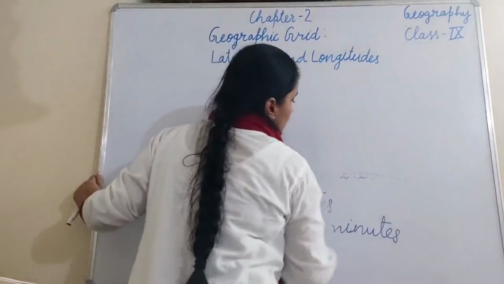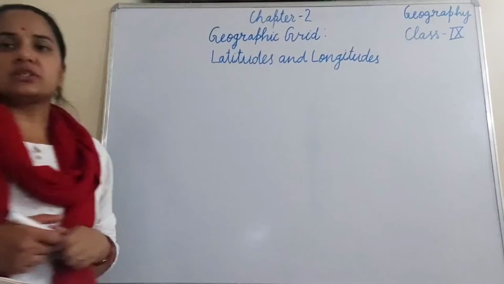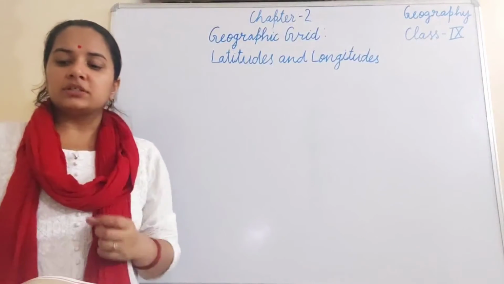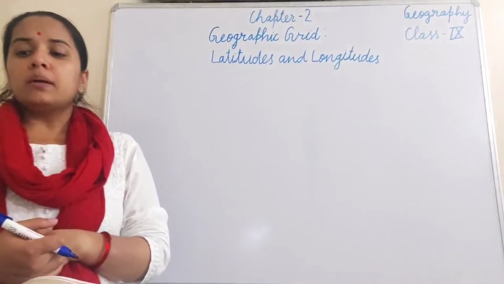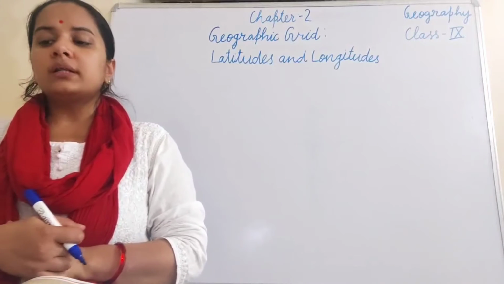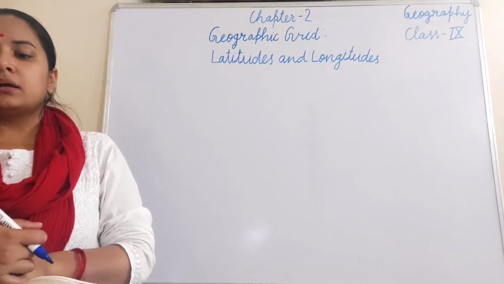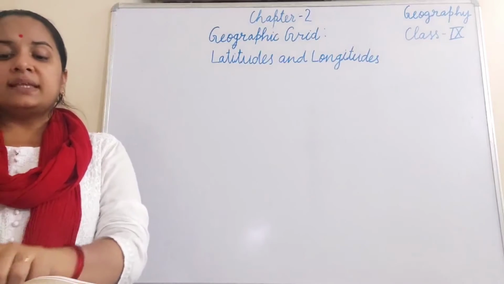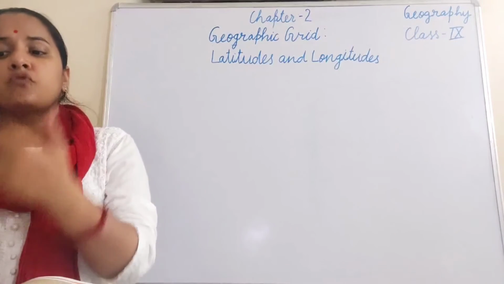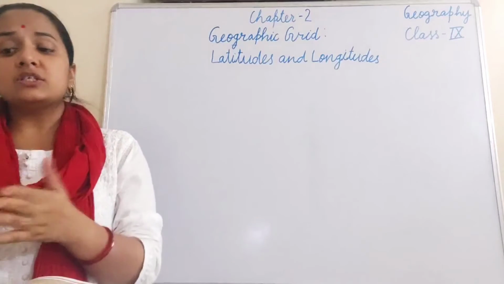Now we will discuss one example that will give you more clarity about how we can calculate the time on the basis of longitude. Here it says it is 5:30 p.m. in India when the Prime Minister's radio broadcast made from Montreal in Canada was heard. What must have been the time at Montreal? Means if it is 5:30 p.m. in India, at the same moment, what will be the time in Canada, at Montreal?